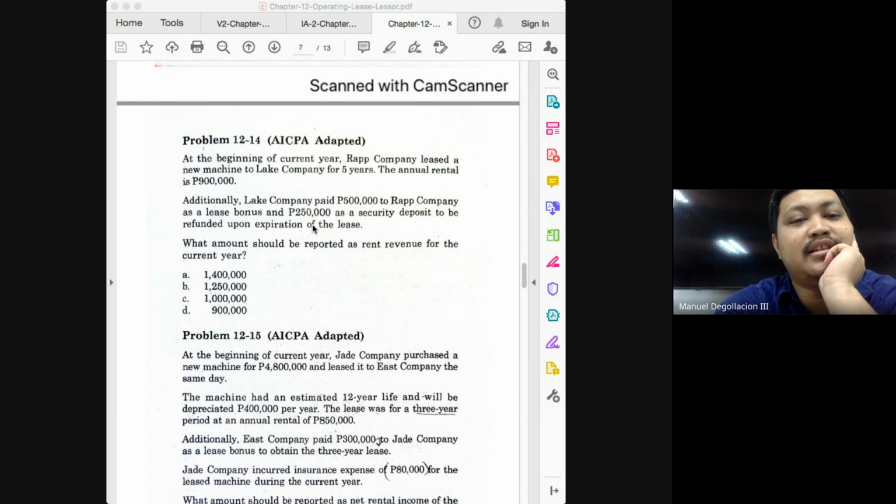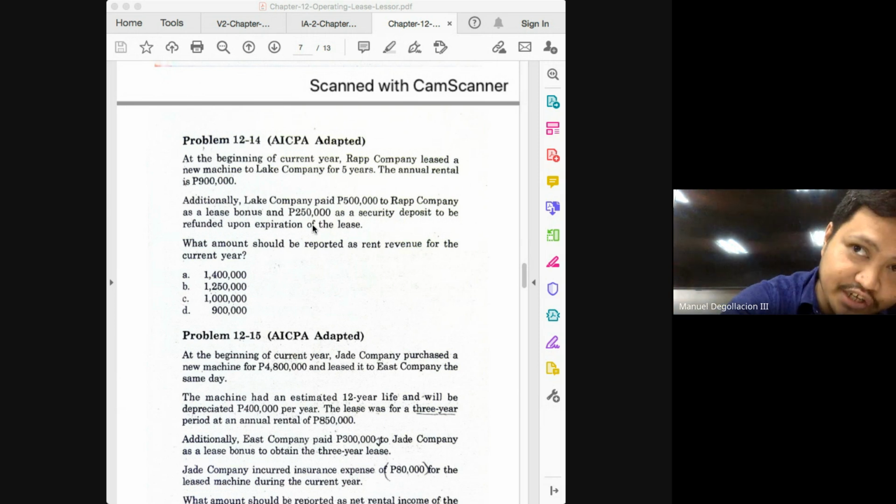So actually, this is an additional income on the part of the lessor. Okay, but you will not recognize the entire 500,000 outright as an income. It will be spread out throughout the lease term. So it's possible that the bonus would be paid by the lessor, but in this case, the bonus is paid by the lessee. So this would be treated as an additional source of revenue. Okay, so an alternative way of treating this would be to add the 500 to the 4,500,000 to get the total collection from the contract. Okay, so how much is 4,500,000 plus 500? That would be 5 million.